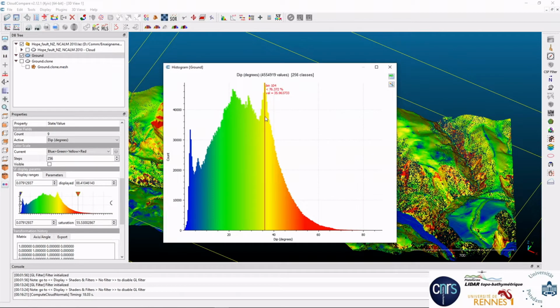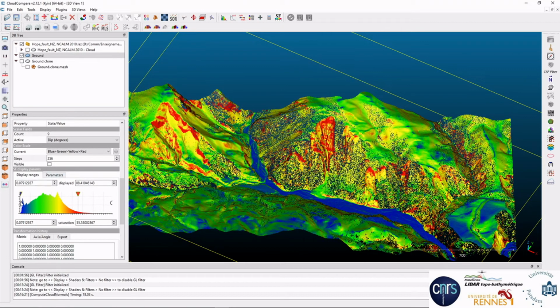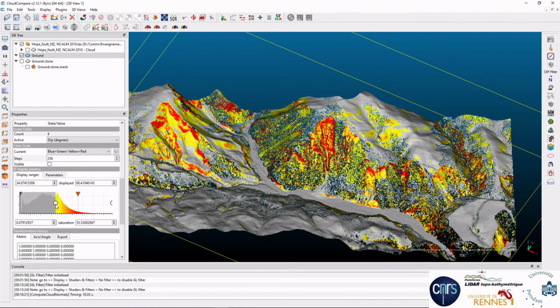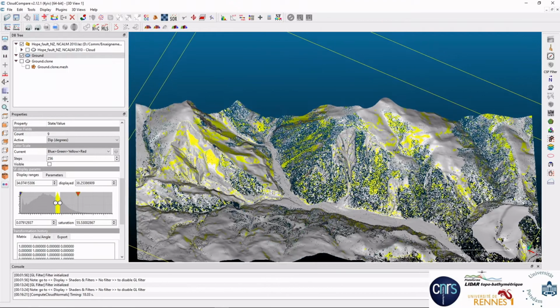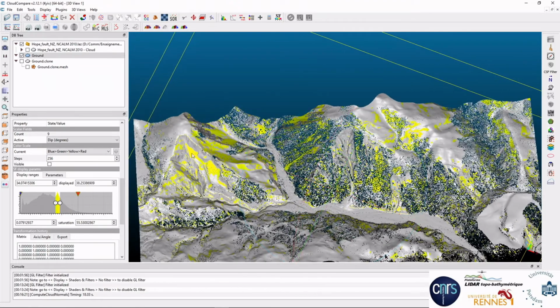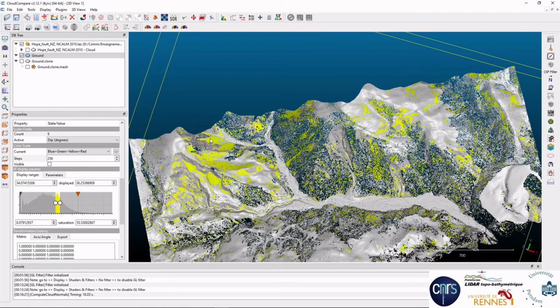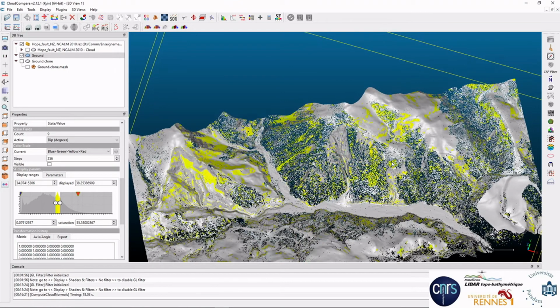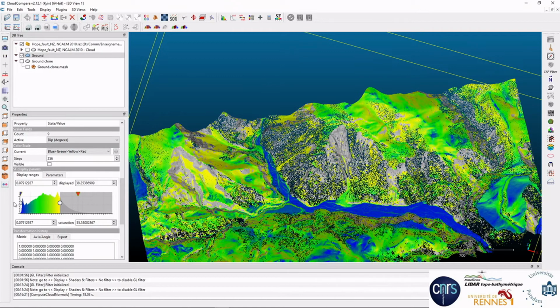If we look at this peak, for instance, at 36 degrees, and we narrow the visibility to 36 degrees here, we can see that actually these 36 degrees are rockfall deposits here, with a quite systematic slope. Okay, this is just inspection of the slope.